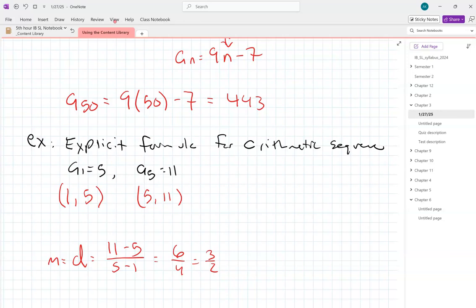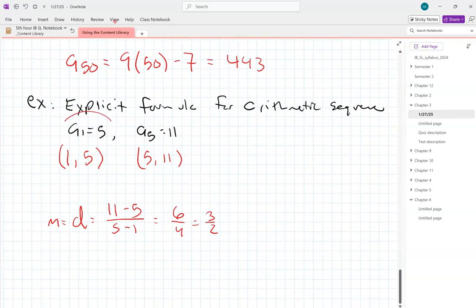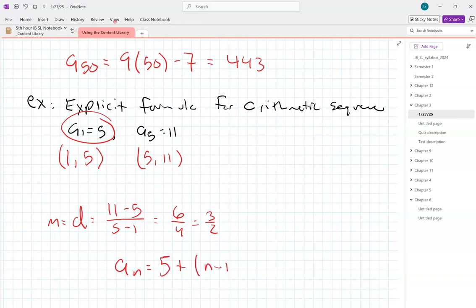Right? And then, because I have the first term, I can just do that, and I'm done. If I didn't have the first term, let's just say we wanted to use this one,